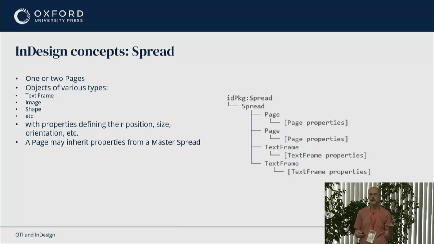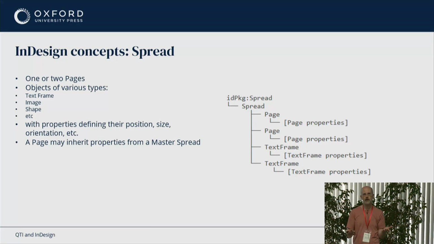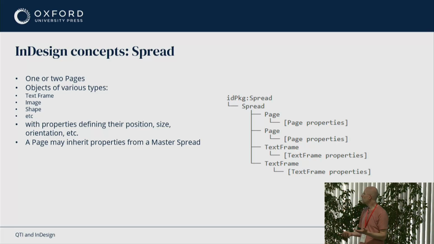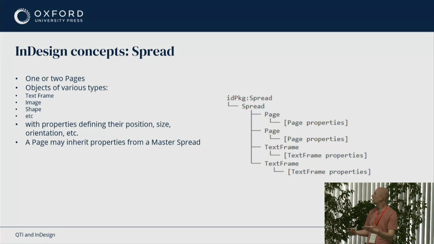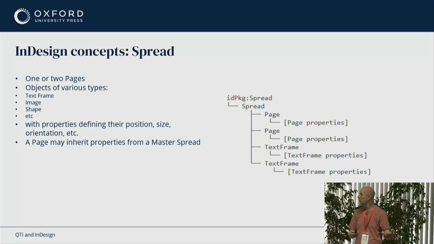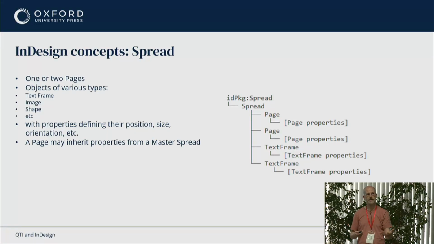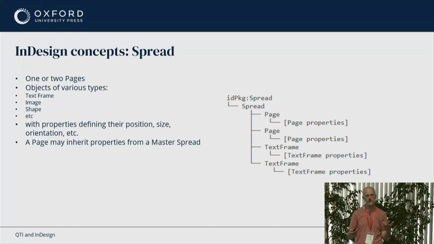So I mentioned a spread. A spread is 1 or 2 pages, so designers often think about a double-page spread, like in a magazine. And it's an XML file in the IDML package. In the spread are various kinds of objects. So you can have text frames, more on that in a moment, images, lines, and various kinds of geometric objects, and lots of associated properties that describe how InDesign will present them